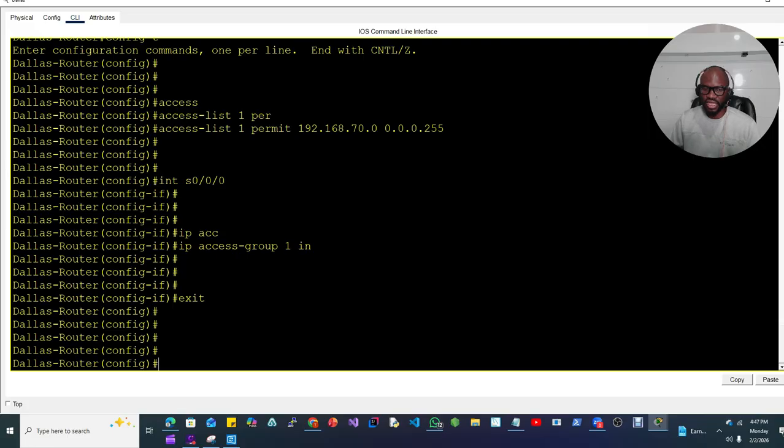We can either delete the access control list or say access-list 1 permit any. So remember guys, there is an implicit deny at the end of each rule. Implicit deny means there is an invisible deny. Let's say you're hosting a party and you invite 2 of your friends. So anyone whose name is not listed on the guest list is implicitly not invited or denied access to